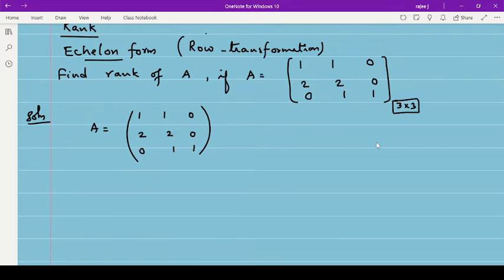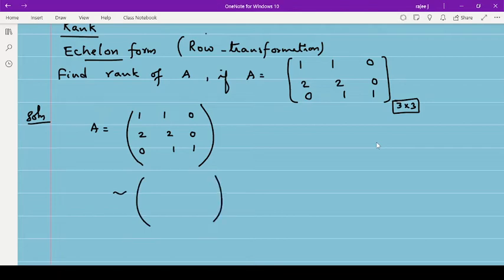Here already 0 is there. Now try to make this 1 zero and this also zero. That is the step we have to do. But before that, if there is any other simple step, you can try that one. Here, this is 1 1 0, this is 2 2 0. So what I can do here is firstly